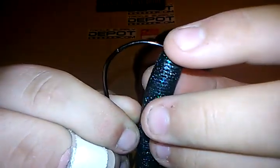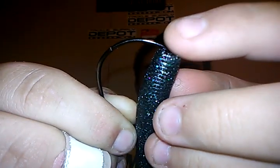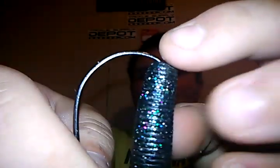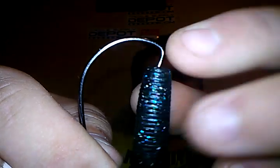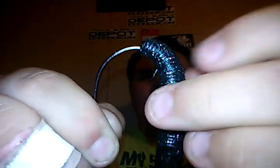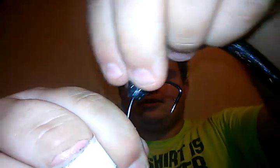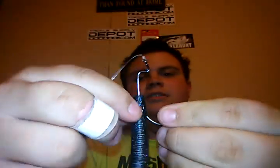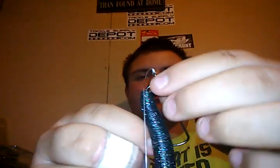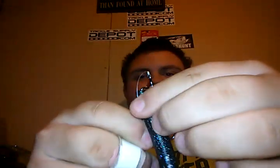It's right in the center of the head. You go up to the point of bending of the hook. You guys can see that right there, where it starts to bend. If you pull it back down, where it starts to bend right there, you go all the way up to that. Then you pull your hook through, you go all the way over, you flip your hook around, go up, and then when you get to this bend right here, you twist it around,